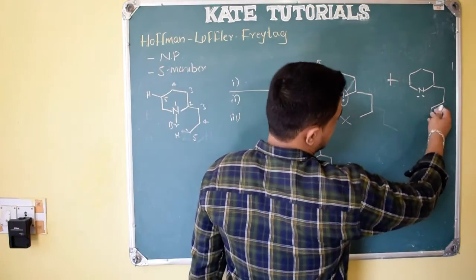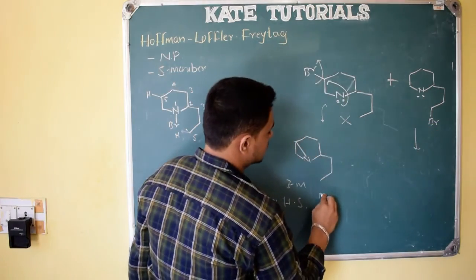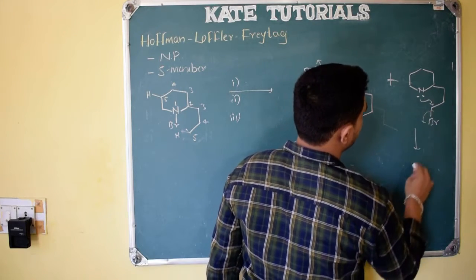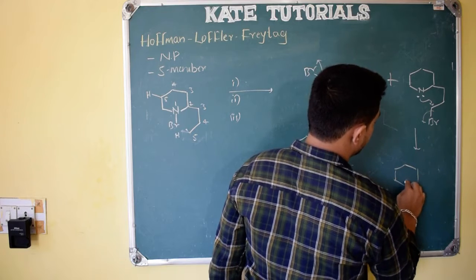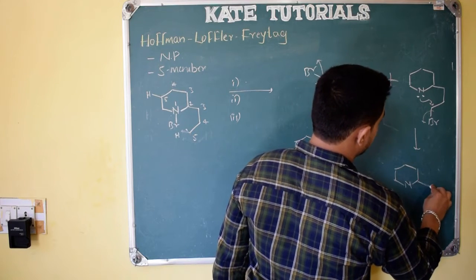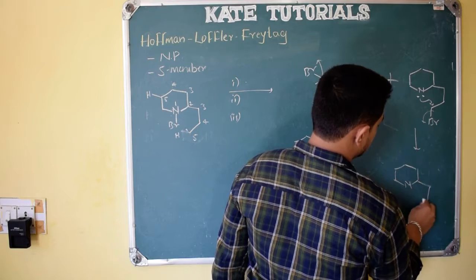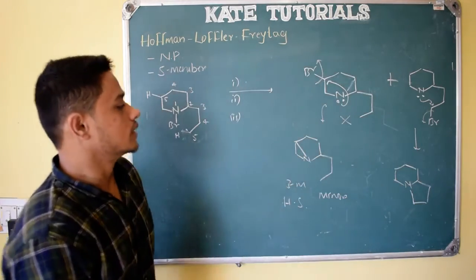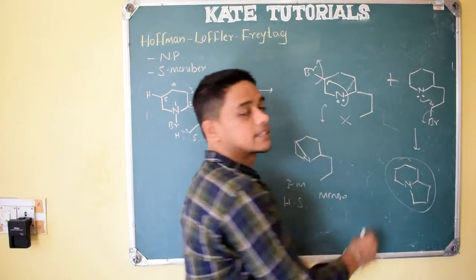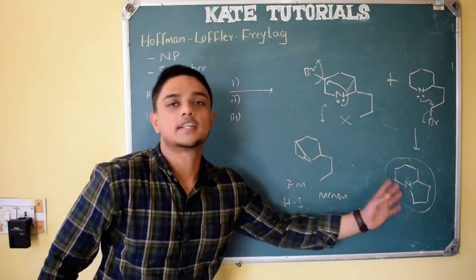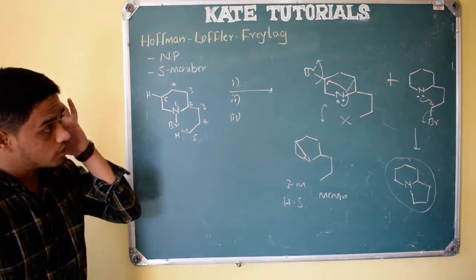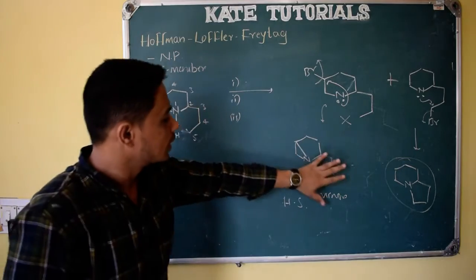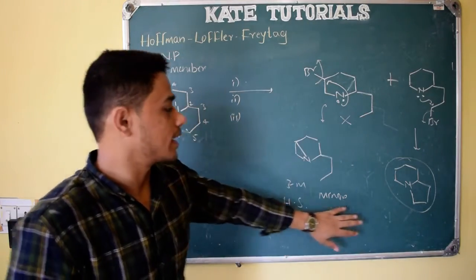So what happens? This product will be the major. So this will be the minor. So this will be the major. SN2 reaction, bromine will leave and we will get a 5-membered ring again. This is a 6-membered ring and here a 5-membered ring, bromine left, right? So this is the major product. So these things help in natural product synthesis, right? So this is about these reactions, about this named reaction, right? So here the 3-membered ring becomes minor and the other will be major.